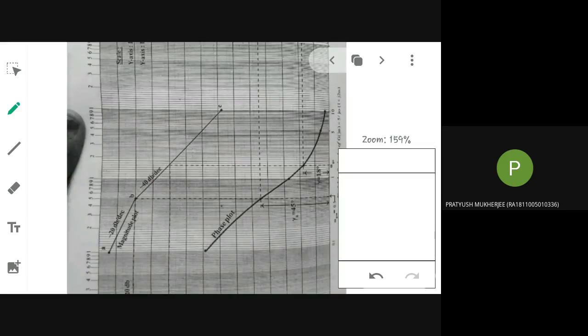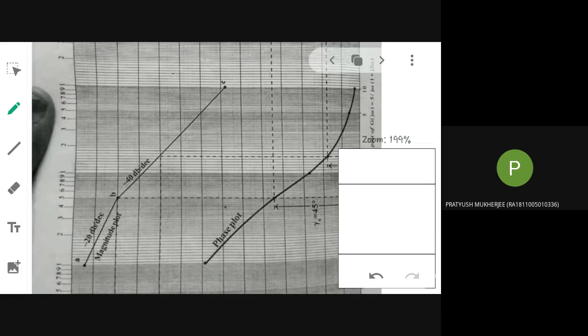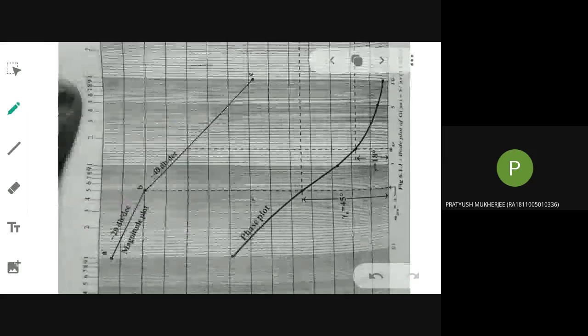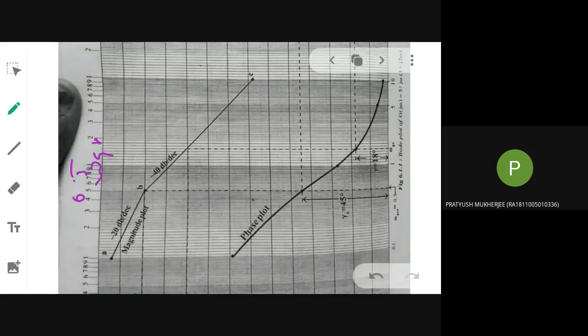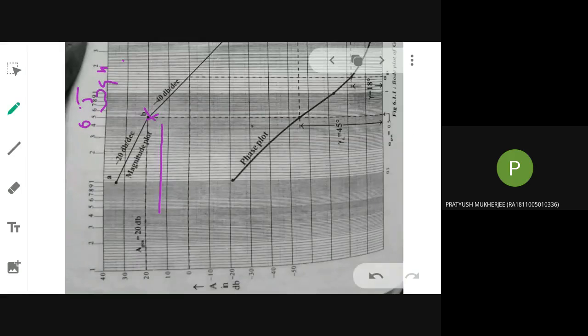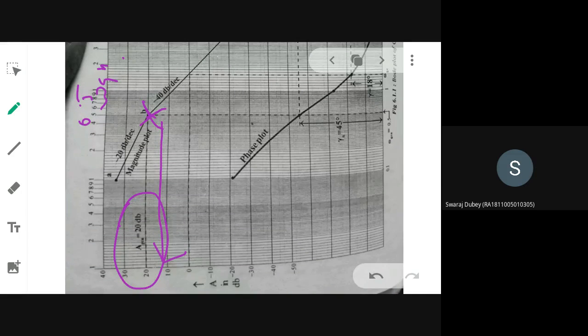Okay, so this is your plot where omega GCN was this value, 0.5. That was our omega GCN. For that, this is the point gain. What is the corresponding gain you have to find? The value corresponding to this point is 20 dB. The value that I have circled. If you extend that point, what is the gain value? 20 dB. So A at that omega GCN value is 20 dB.